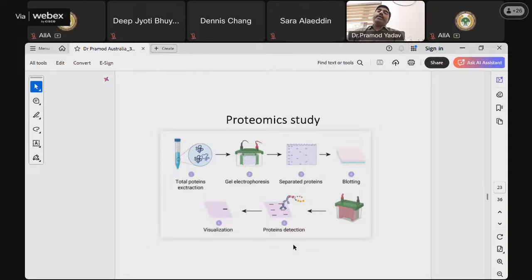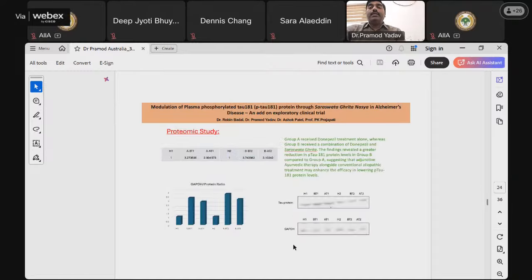Further, we took the blood samples, separated the serum and the plasma from it, and that was subjected to a proteomic study. This study was carried out with the help of IIT Delhi, and we did Western blot analysis and gel electrophoresis, where, next please, we found that in comparison to the healthy